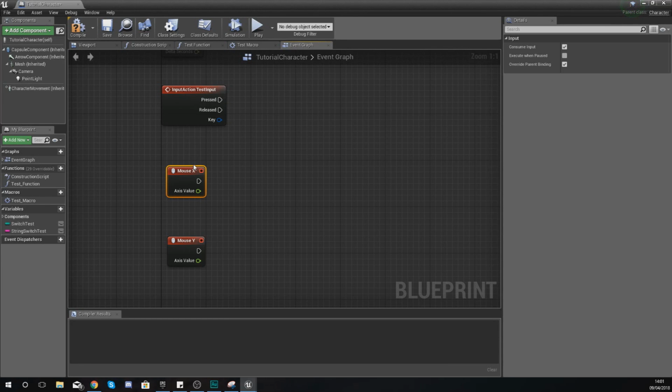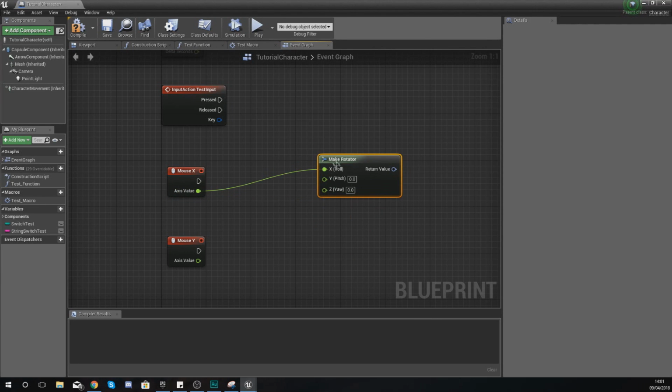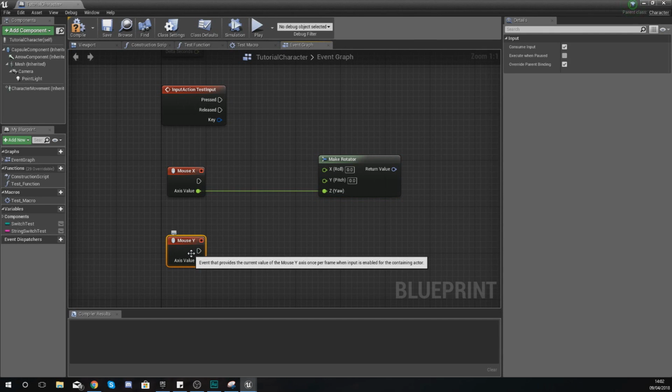It's really straightforward. So what we're going to do is start off with the X. We're going to drag out from the axis value and type in make rotator. With this, you'll notice it started off by going into the X. You want to break this link by pressing Alt and clicking on it. Then hook this up into the yaw, because essentially your mouse X is your yaw, which is going to be your left and right, and then your Y is going to be your pitch, which is